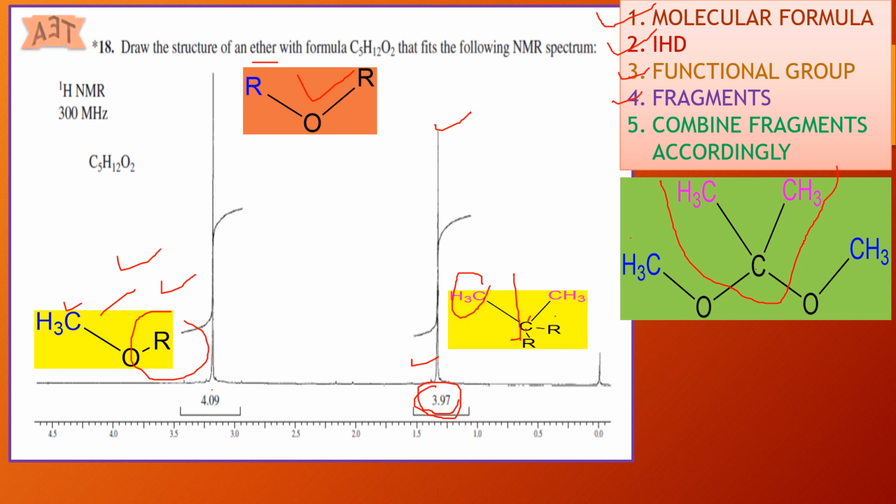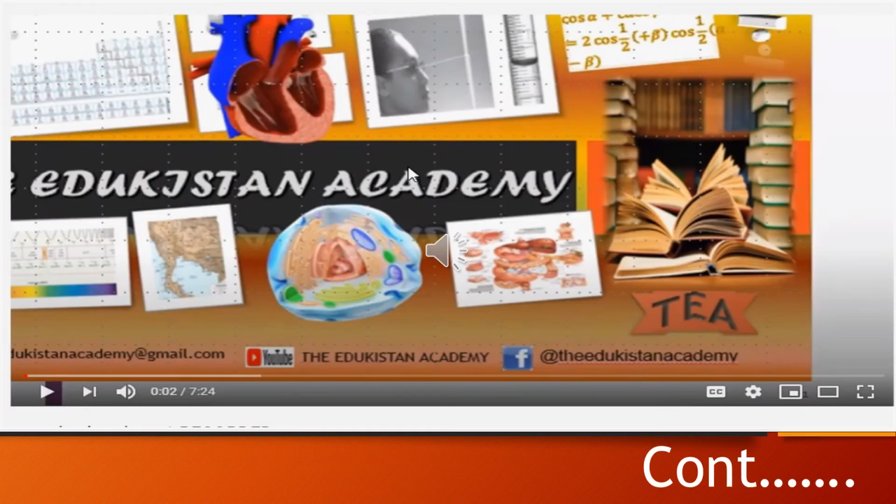I have also already mentioned that the molecule is symmetrical. So you can see here this molecule is symmetrical. The molecule has a symmetry. So this is CH3 and this is CH3. So this methyl group and this methyl group are this peak, right? And this methyl group and this methyl group correspond to this one. So it is all about today's lecture. I hope you understood, and if you understood,